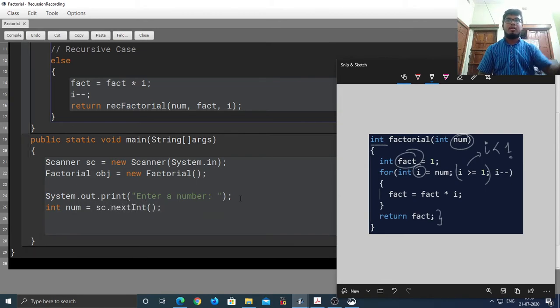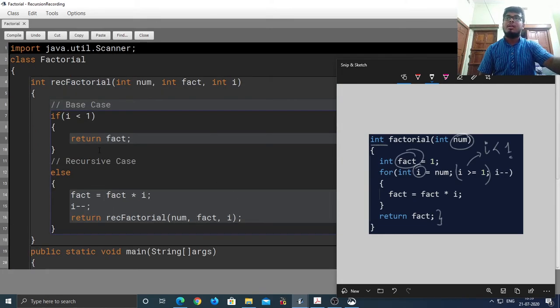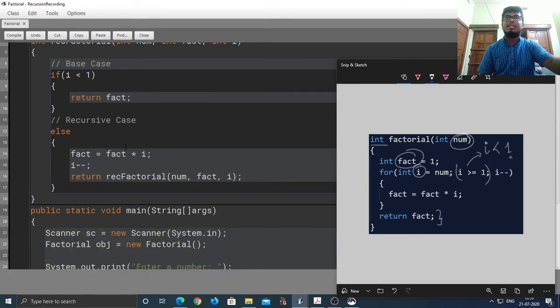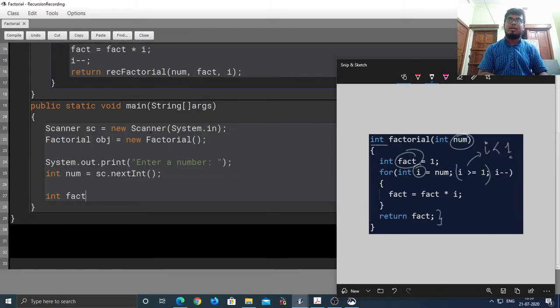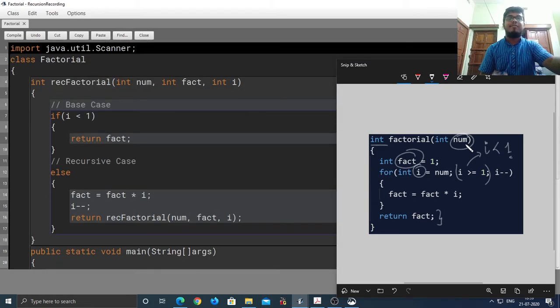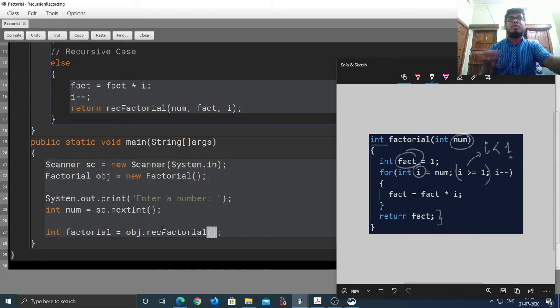sc.nextInt. Okay. Now we need to call our factorial function. Our factorial function returns the factorial of a number, and it's an int. Therefore, I'm going to store it in a variable called factorial, and call obj.recFactorial. Now, num does not have any initialization value because this will be given by the user. So therefore, we pass num